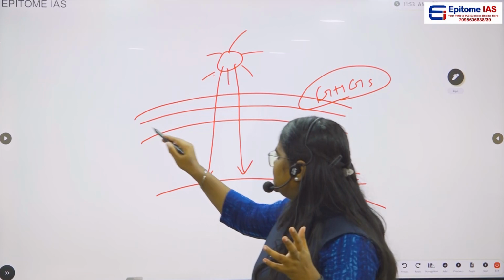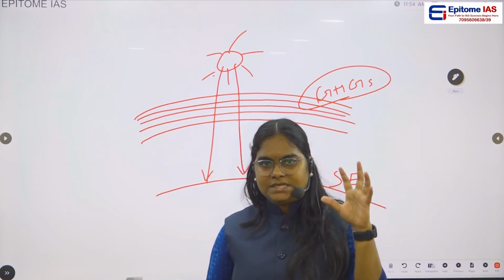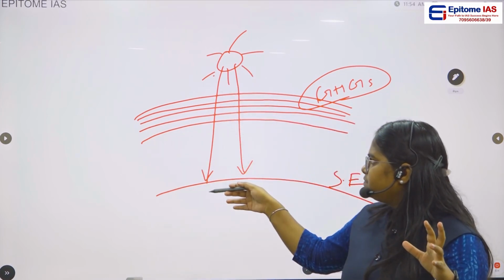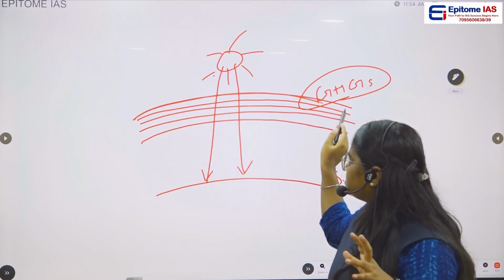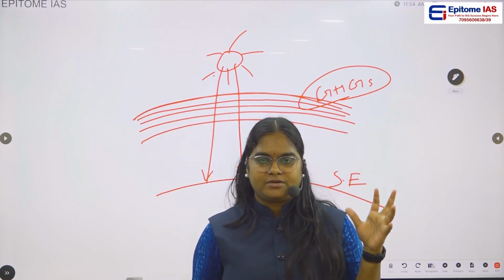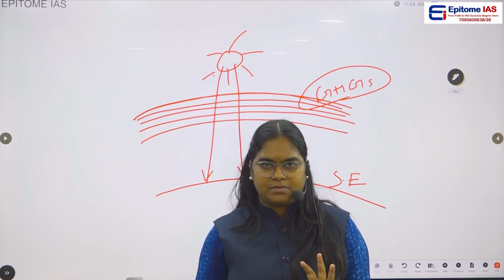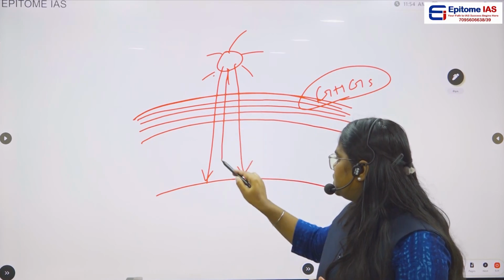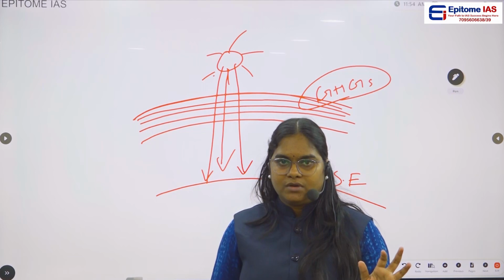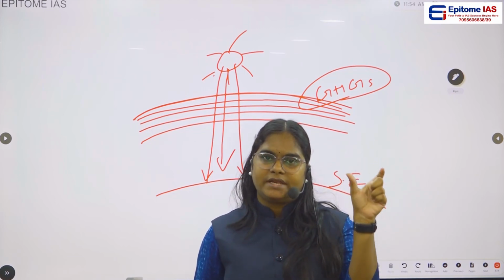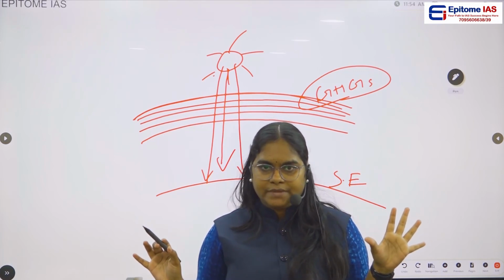Okay, what do these greenhouse gases do to this radiation? First is the incoming solar radiation. In the case of incoming solar radiation, these greenhouse gases act kind of transparent. They will allow the incoming solar radiation to pass through them and reach the Earth's surface. Okay, but